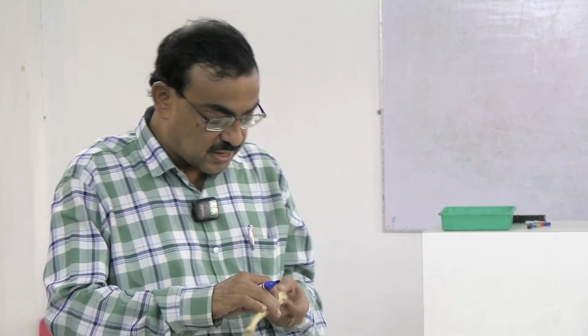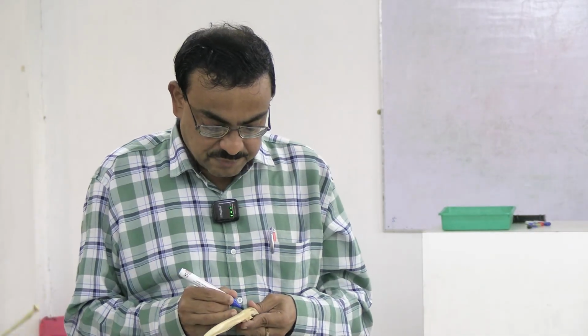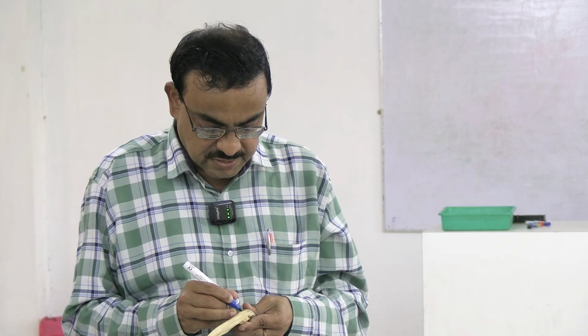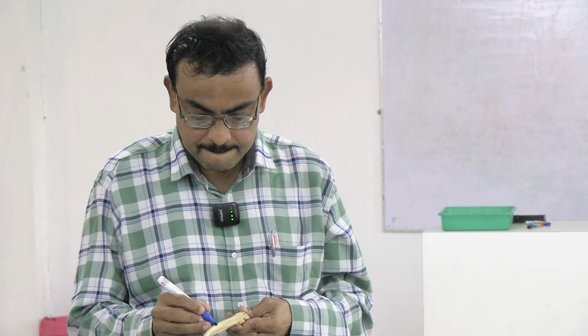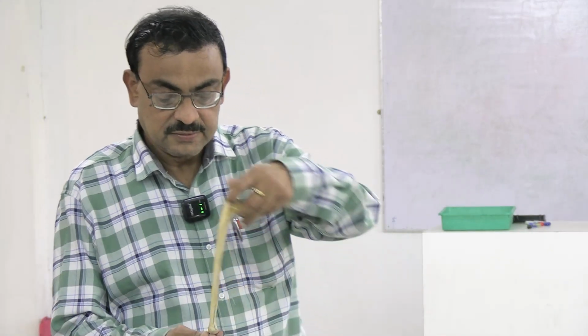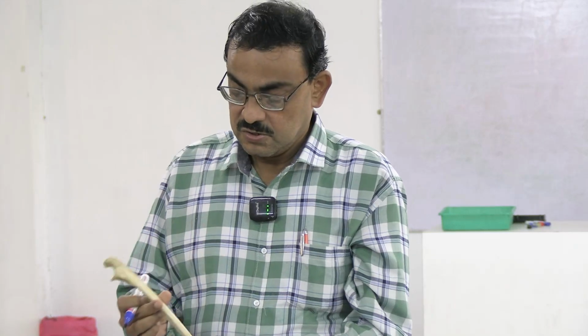Similarly, the posterior border starts from the apex of this triangle. This is the apex of the triangle. From here it will start, go down, and go up to the posterior part of the ulnar styloid process. So these are the three borders: one is the anterior border, one is the medial or interosseous border, and one is